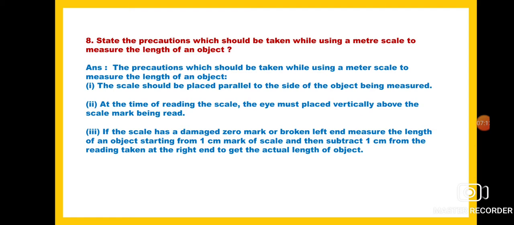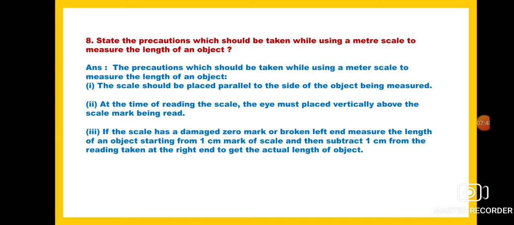Now suppose sometimes what happens with continuous use of a scale, the left end, we always take the measurement from the left end, isn't it? So sometimes it gets worn and torn. Sometimes it breaks. Sometimes the 0 mark gets damaged. So in that case you have to start from the 1 centimeter mark of the ruler. And then whatever value comes at the right side, you have to subtract that 1 centimeter from the reading taken at the right end